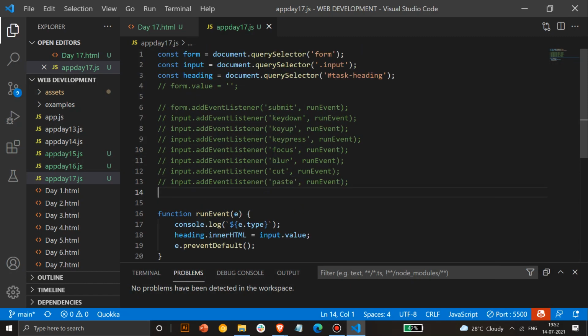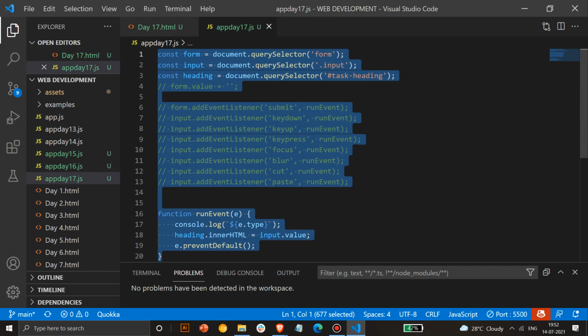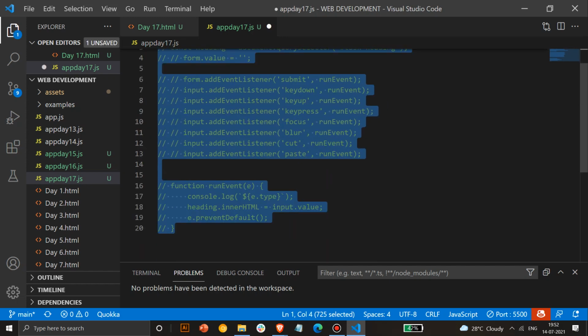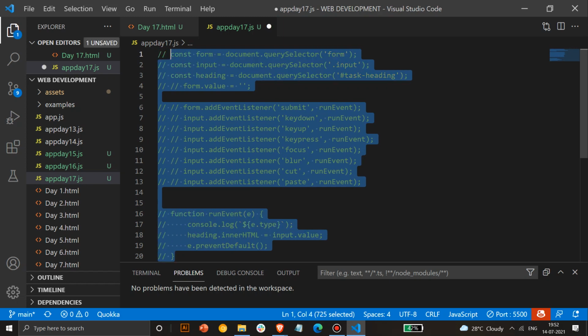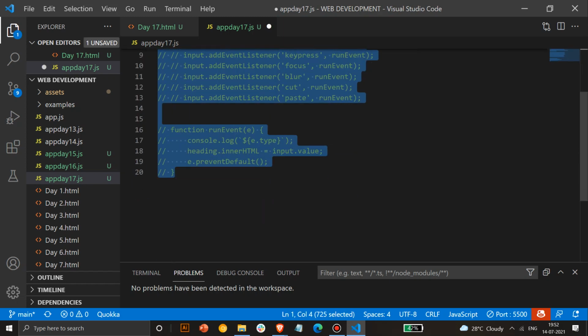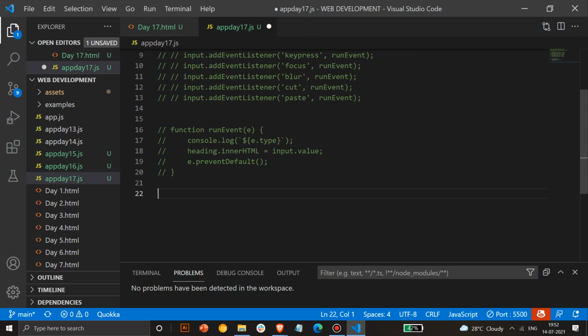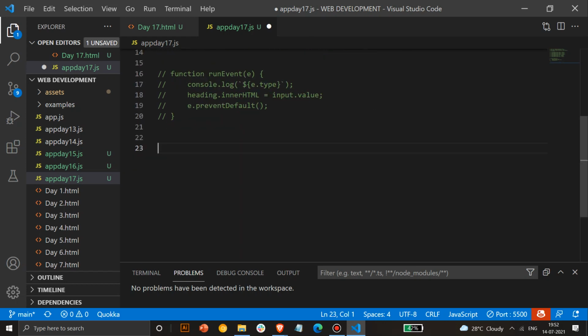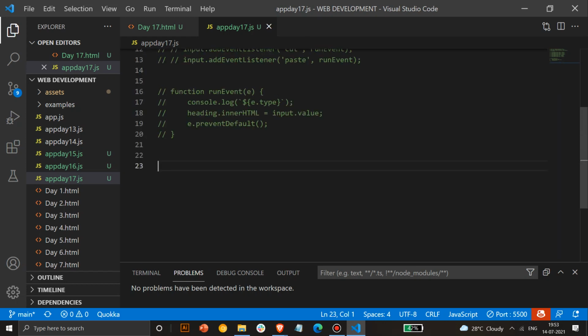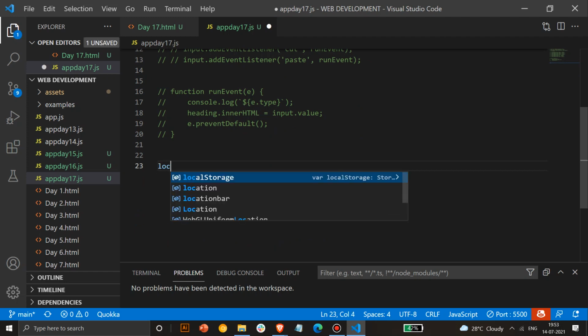And to use local storage, what's the code? You won't require this, so I'll just comment it out as of now, and if you want to refer to this, you can refer to it later. I won't delete it, I'll keep it, and I'll comment it on GitHub so you can work with this. Okay, so I'll take local storage.